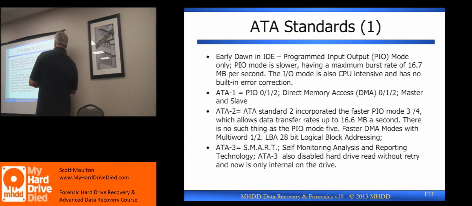So starting with all the stuff prior to any ATA command committee existing, we're talking early 90s in this particular situation. Prior to that, we had what's called PIO mode, programmed input output mode. That's basically how DOS communicates with all of its equipment. Anything that you want to talk to is handled literally by whatever application you're writing. You have programmed it, and it is talking directly and saying, oh, I need this sector, I need to do this. There's no real multitasking, there's nothing behind the scenes, and there's not a lot of other things happening, and it's very slow. You can almost see how chunky it is.